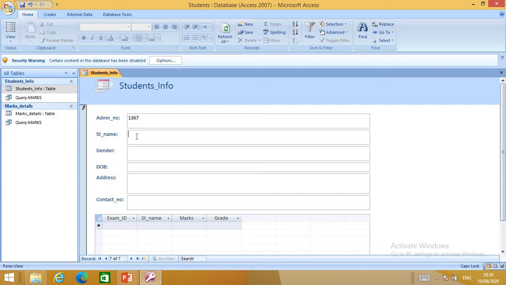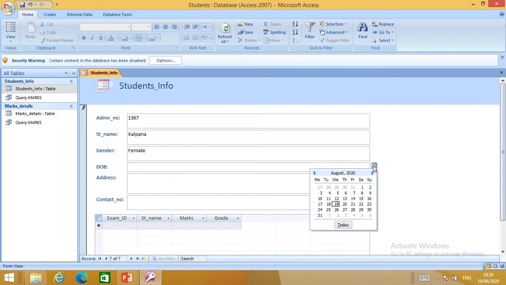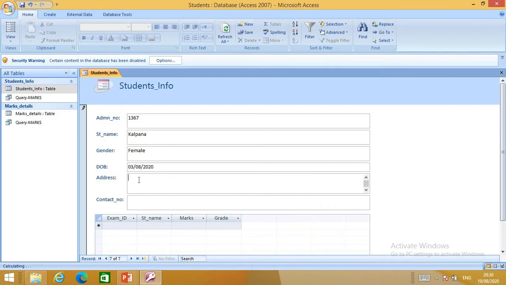Student name, say new student name, say Kalpana. Then gender, say female. Date of birth, any date of birth you can enter here. Okay, address, say Guwahati only. Then contact number, say. Okay, so done. After entering the value, now you go to